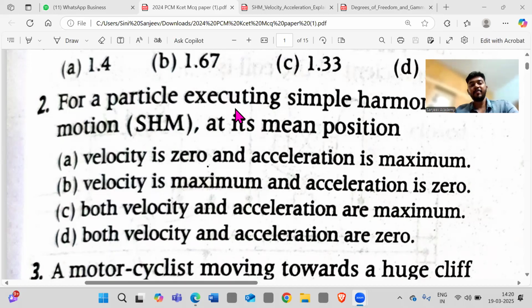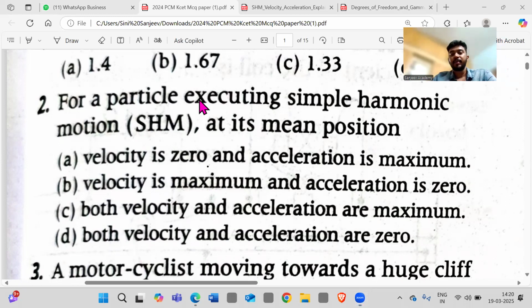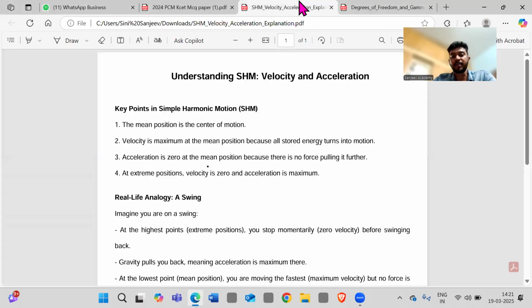See, for a particle executing simple harmonic motion, most of you might have forgotten the concept. At its mean position, velocity is 0, acceleration is maximum. Velocity is maximum, acceleration is 0. Both velocity and acceleration are maximum. Both velocity and acceleration are 0. So the concept for this is, see,